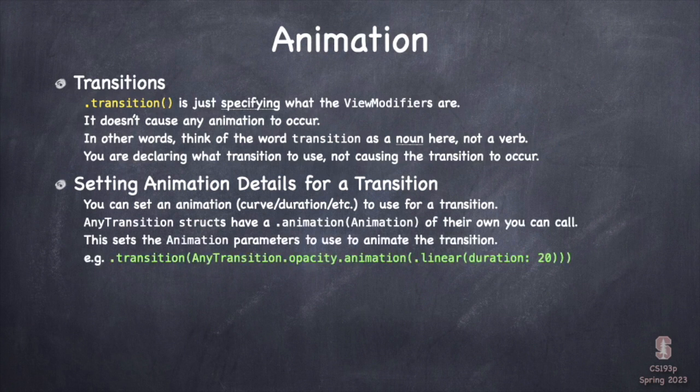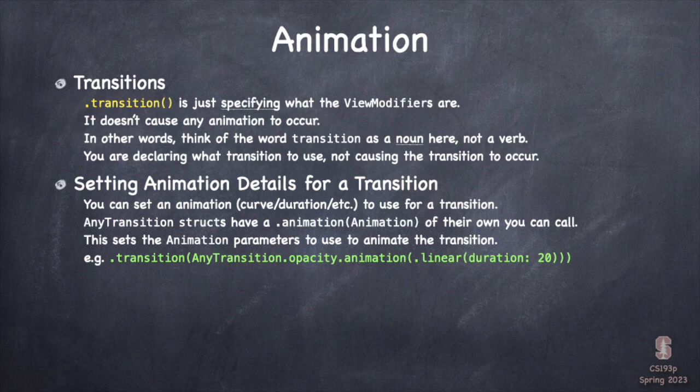It is possible to control a transition's animation curve. You see here, I've made it so that this transition, which is an opacity fade in transition, its animation is always going to be a 20-second linear transition. That's very slow country. So you can do it. But the reason I mention it is because notice that the dot animation is not on the view, it's actually on the transition. You see? In transition opacity dot animation, I'm actually specifying for that transition, use this animation.